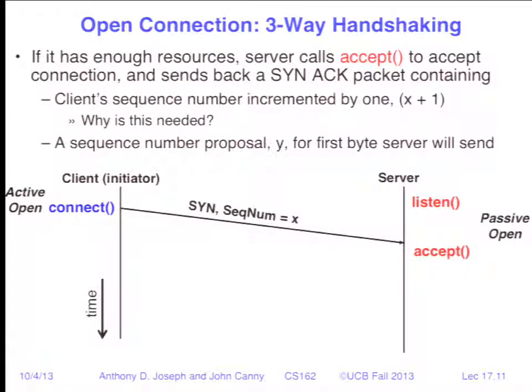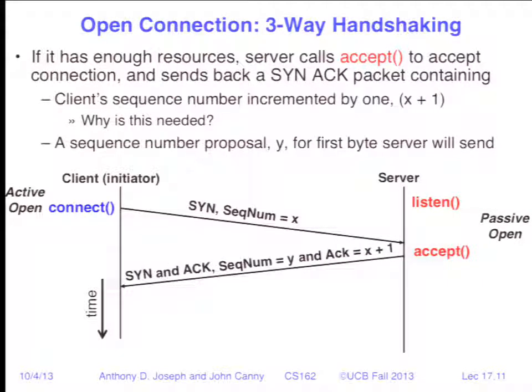And now once it accepts the connection, the operating system will send back a message containing a SYN and ACK, a sequence number Y, and an ACK X plus 1. Right? So why does it send X plus 1 back? Any ideas? Exactly. It means that we have received the connection. We received the X. So we're sending it back to say, yes, I got your X. And now I'm expecting X plus 1. It also sends